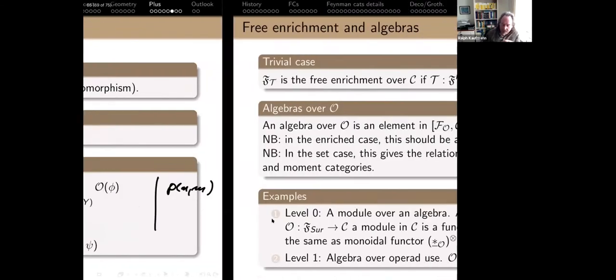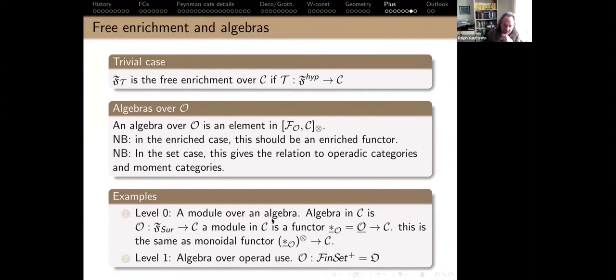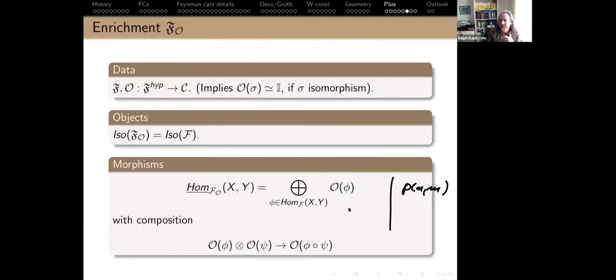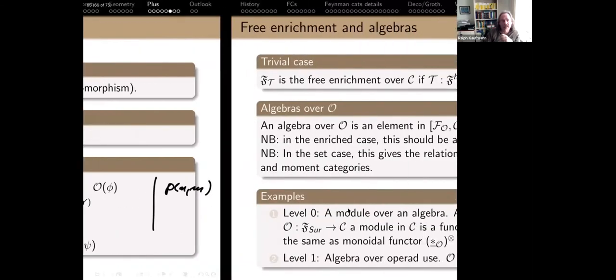So what is the point? I have 2 more slides on this. There's always the free enrichment. So if you take the trivial functor on the plus thing, you get the free enrichment. So for each morphism space, if I go back here, you just put a unit, and that makes it enriched. So you take the free vector space over this set of morphisms, for instance.